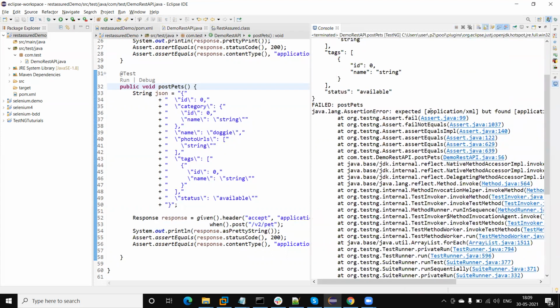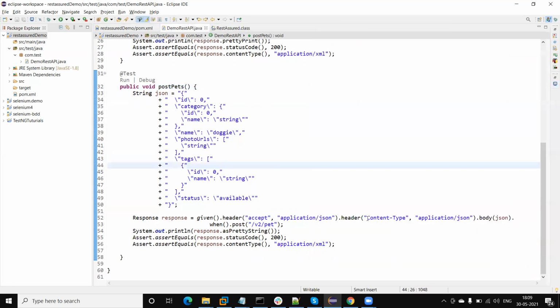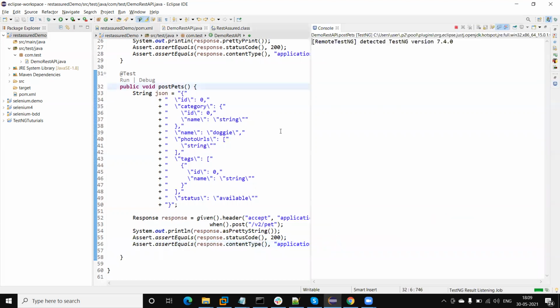Okay, so here you can see I'm expecting application XML, but we are getting application JSON, right? Why? Because we have set up here accept equal to application JSON. So we need to add the assertion as per our expected value. So it should return application JSON content type in response. Again, run it.